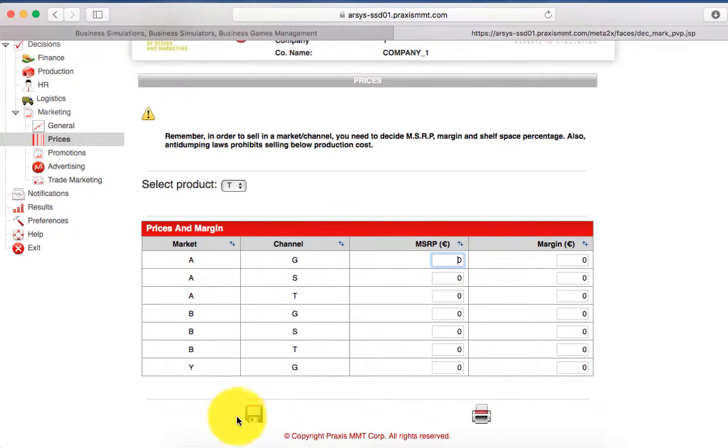Don't forget this icon here. It's the save icon. Use it all the time to save the changes and all the information that is going to be processed in your business plan for this coming year. In every menu you have this icon.